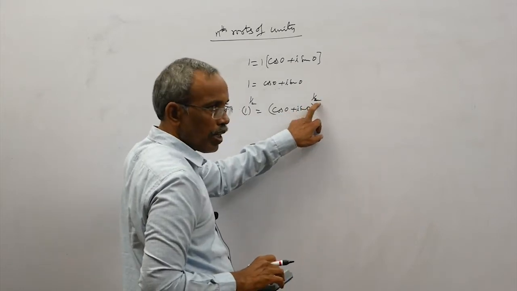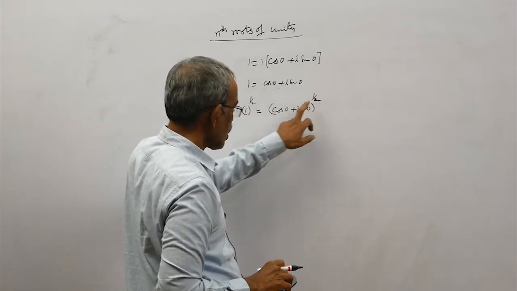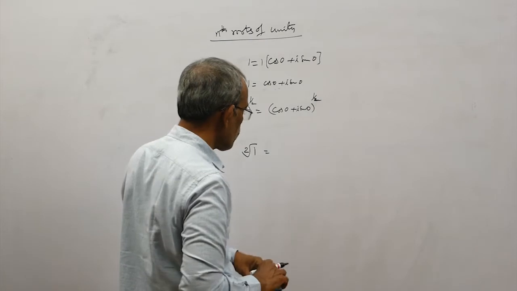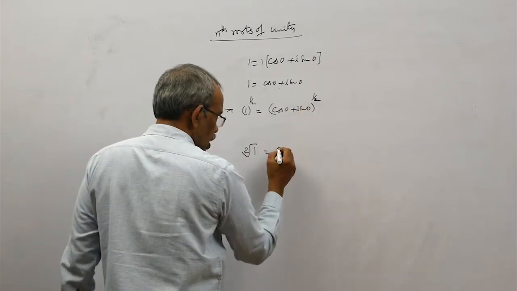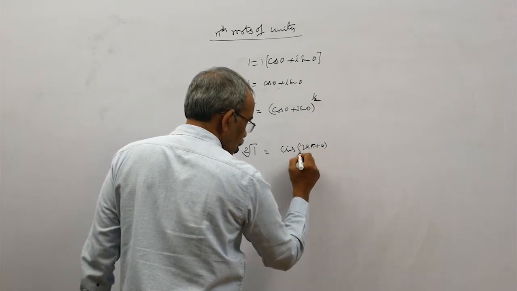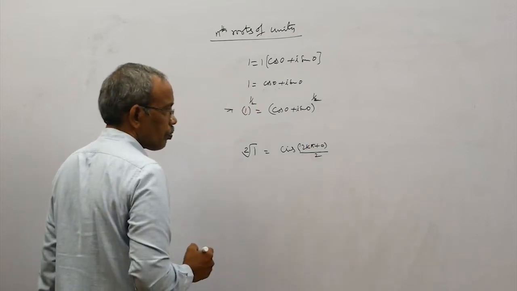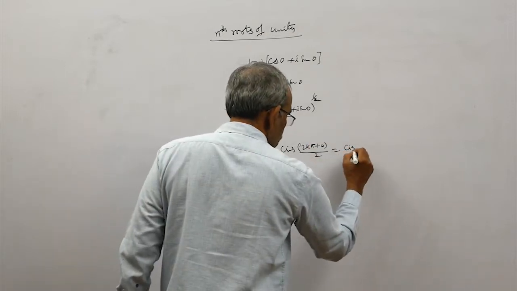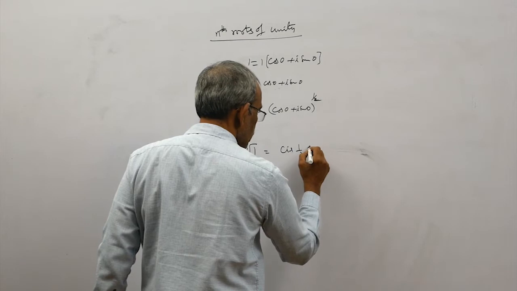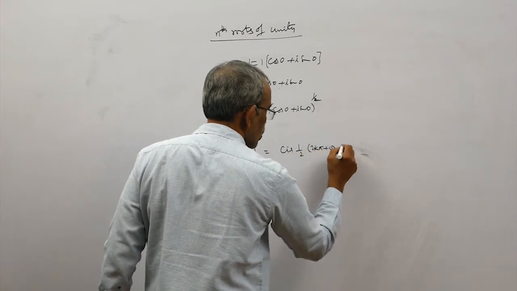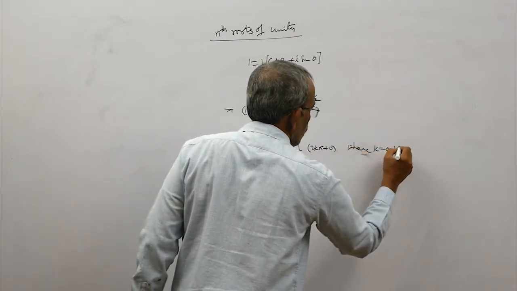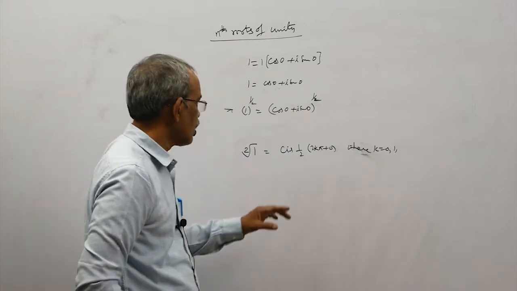Here we have two values, that is cos 1 by 2 0, I sin 1 by 2 0. That is one value of this (cos 0 plus I sin 0) whole to the power of 1 by n. To write the two values, this can be written as cis of (2k pi plus 0) whole by 2, or this is equal to cis of 1 by 2 (2k pi plus 0) where k equal to 0, 1.